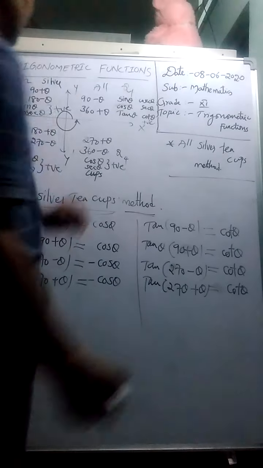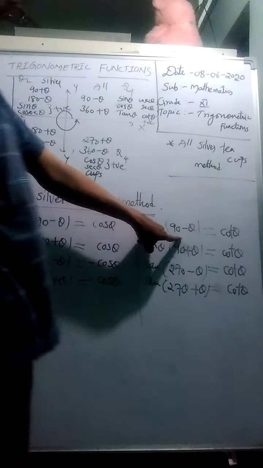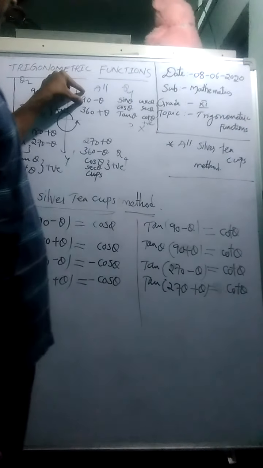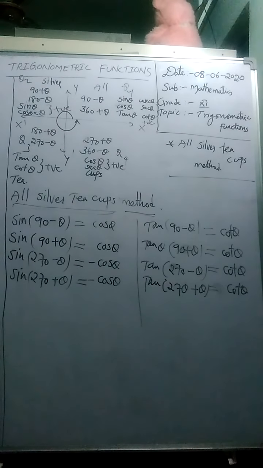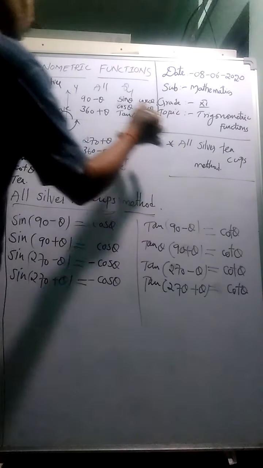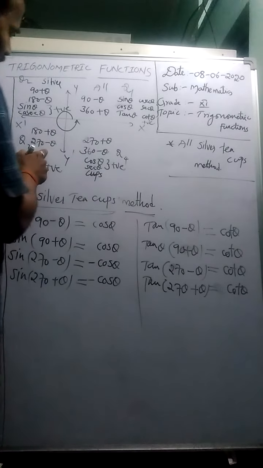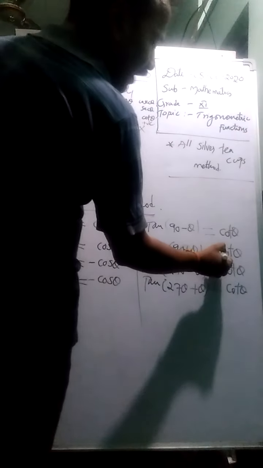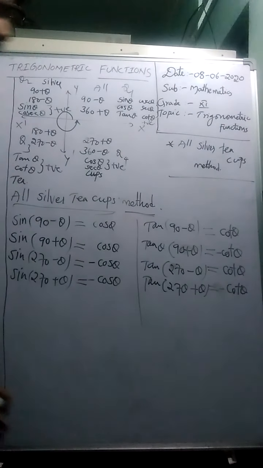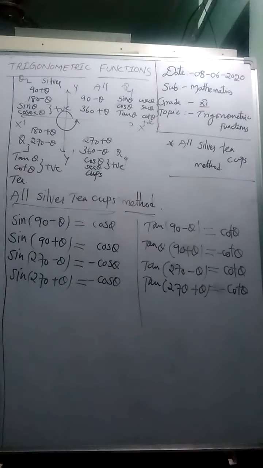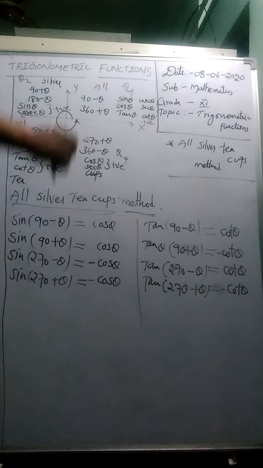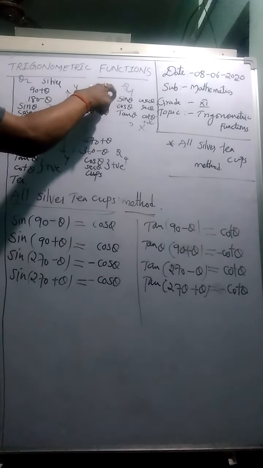Wherever this case comes, tan is becoming cot because of the odd multiple of 90, but the sign is positive because 90 minus theta is in the first quadrant. As we know, all trigonometric ratios are positive in the first quadrant. As we have the value, 270 minus theta belongs to the third quadrant. In the third quadrant, tan is positive, but in the second quadrant, tan is negative. So it becomes negative, because every trigonometric ratio is positive in two cases and negative in two cases. In one case, all are positive, no issue.